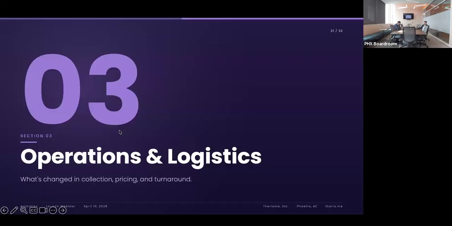Alex? All right, well, thank you, Dr. Jasby. We're going to shift gears a little bit here and move into operations and logistics. So this section is going to cover actually what's changed in collection, pricing, and turnaround. Most of you are already ordering, so think of this as a quick operational delta. 4 slides, and then we'll move on to